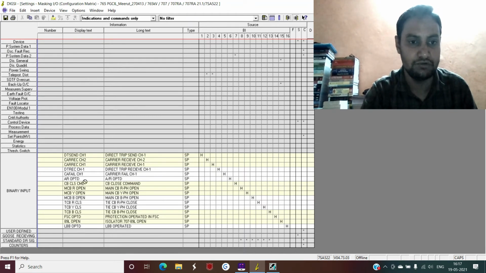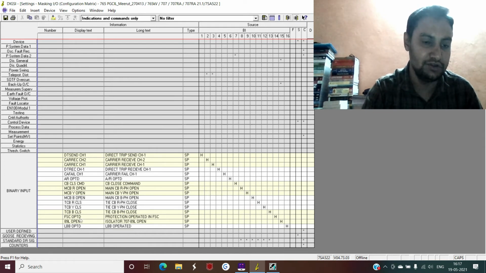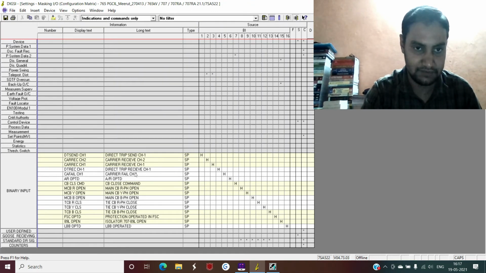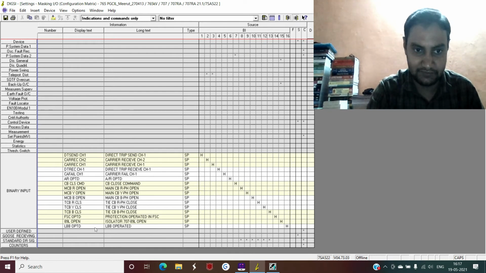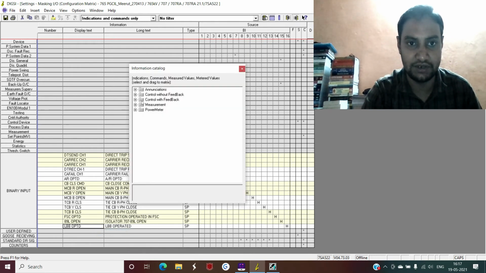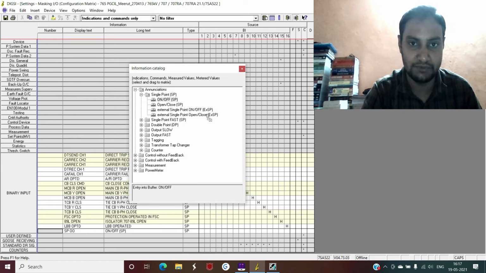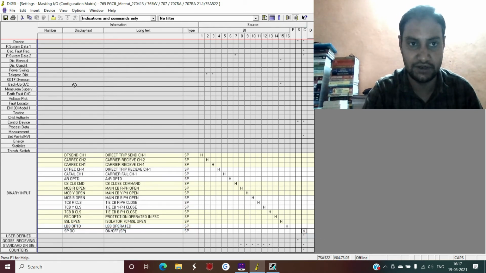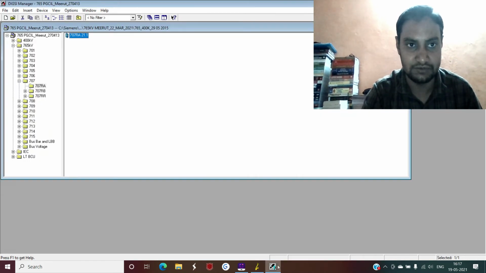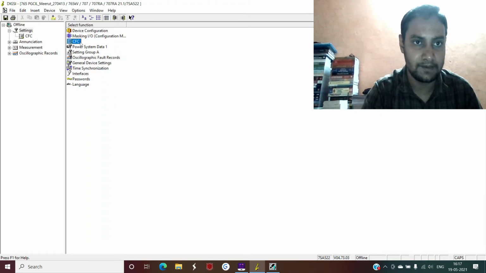You see that, due to my software error, the signal which I have added already is not visible here. So for this demo purpose, I will show you by creating some other signal. Simply again click insert information, go to display single point. Basically it must be visible inside your CFC, but due to my software error it is not visible. Just wait for 1 minute. Is it visible now?